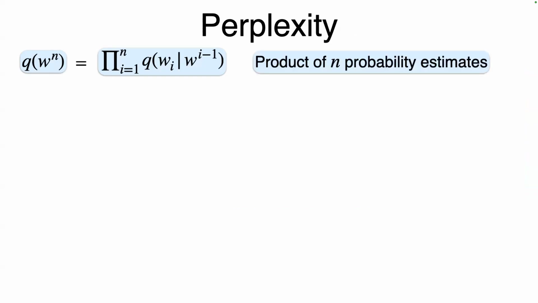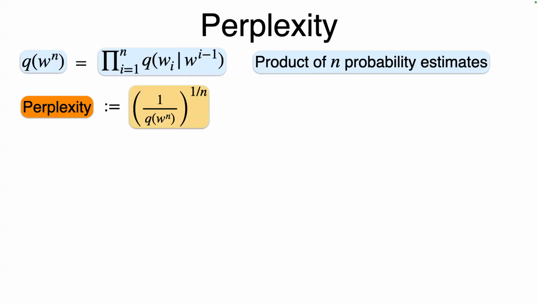So you have trained a language model, call it Q. What Q is, is basically an estimator that, if you give it a sequence of words, W1 up to Wn, will calculate the probability. It's the probability that it estimates, using all the training data, of the ith word given the previous i minus one words. And so what we see is that it's just a product of n probability estimates, okay? And the perplexity is just the nth root of 1 over this probability.